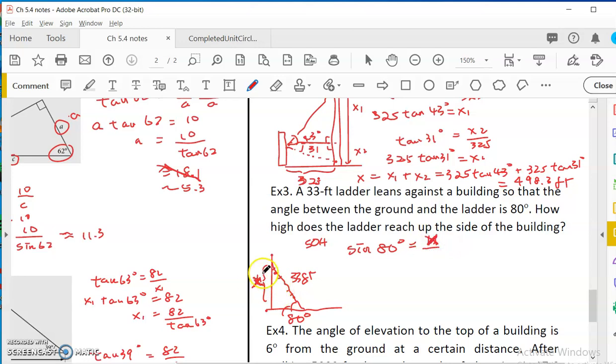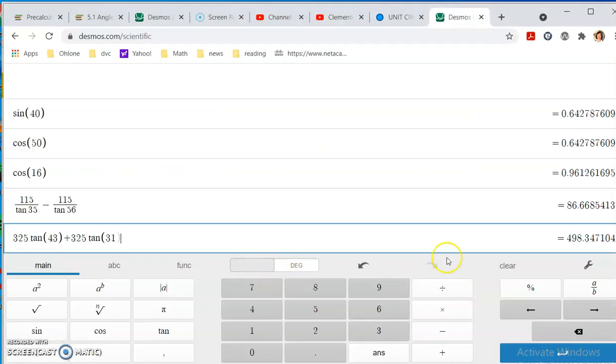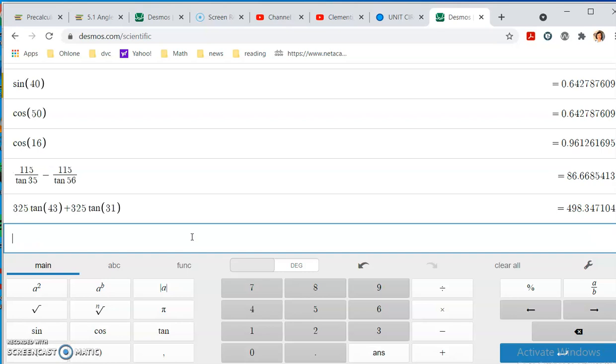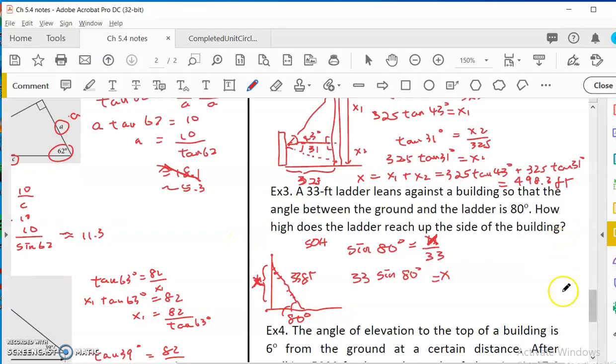So it's x, which is O, over the hypotenuse, which is 33, right? So to solve, x is equal to 33 times sine 80. It's really easy when you have a scientific calculator, 32 point, let's say 5. Well, if I want to round to one decimal,